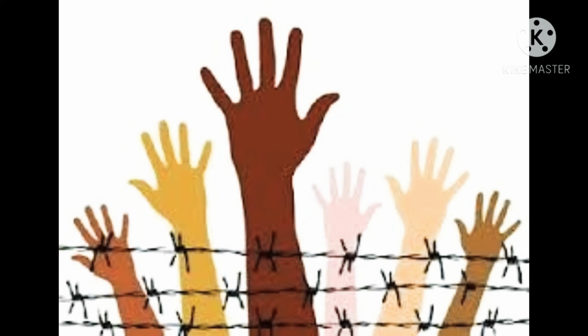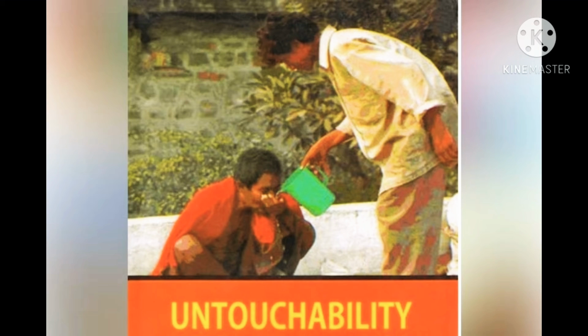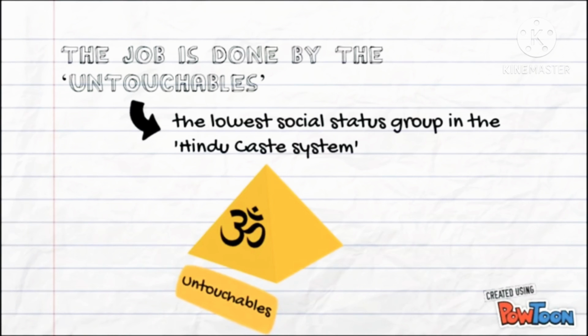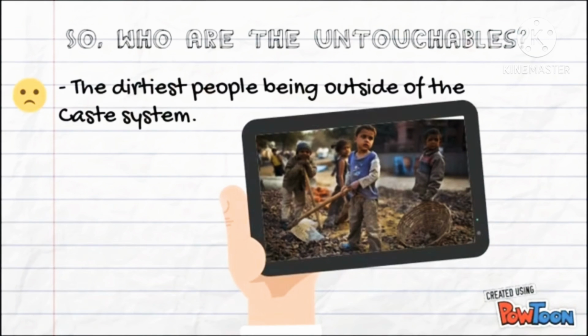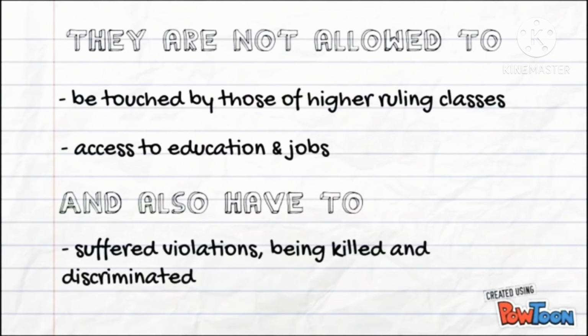So now, what is this term untouchable or untouchability? Let's find out. The word untouchability has not been defined in the constitution, although it can be defined as a practice of separation followed by upper caste Hindus against the lower caste. These people were also Hindus, but they were marginalized. They were lower in their caste. That's why they were known as untouchables. People belonging to this section of the society were barred from education, from using the same wells for drawing water, and from sharing the same food.